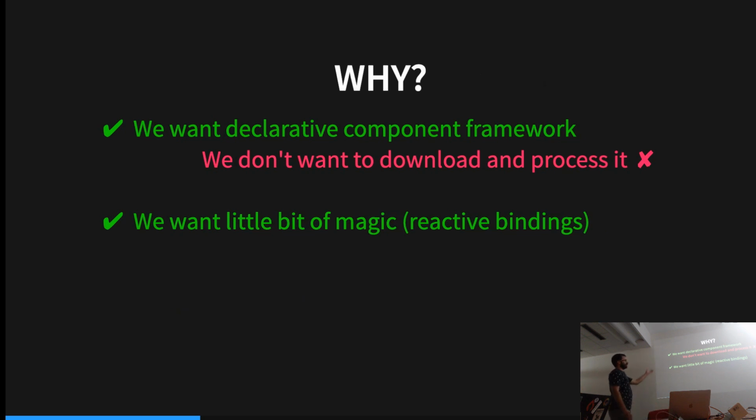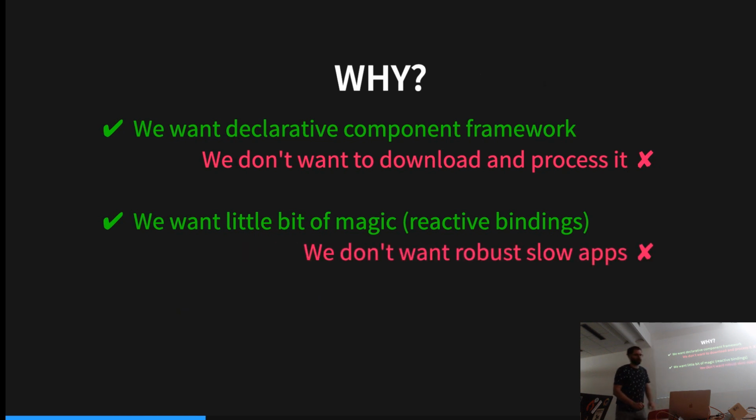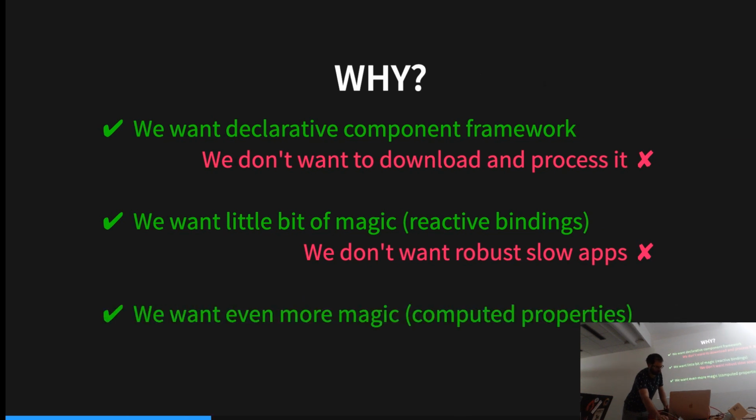We also want this reactive binding magic, which is in all the frameworks, but we don't want the slow apps which often come with it. Like the virtual DOM, as we will see later, it's not that fast. The virtual DOM is a way to deal with the architecture of a state-driven machine, which does the diffs on the virtual DOM. So it's way faster than the normal DOM. So it makes sense, but the virtual DOM is not an addition. Nothing would make it faster. It just solves the problem which these frameworks have. But here we don't need it.